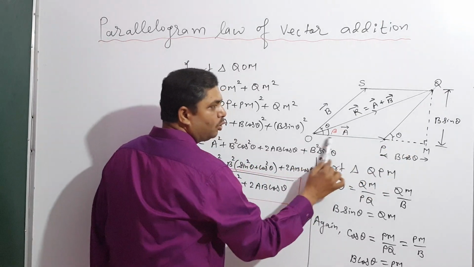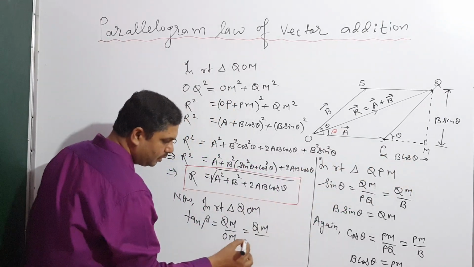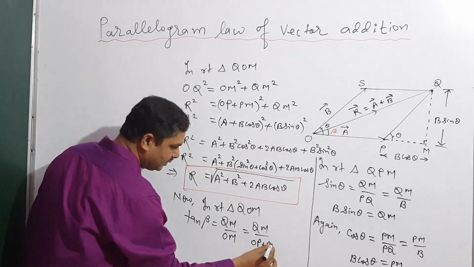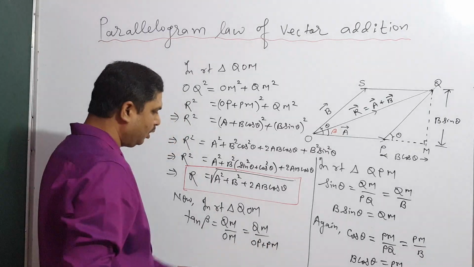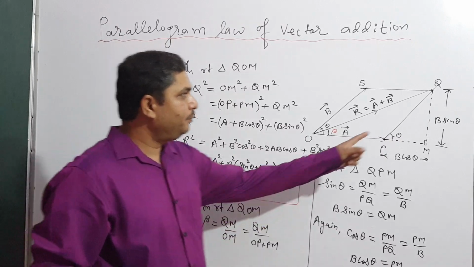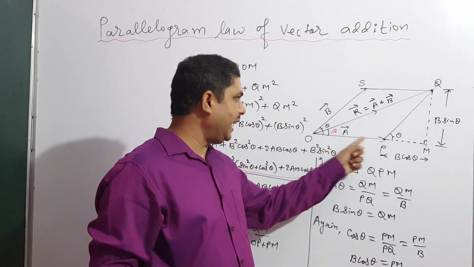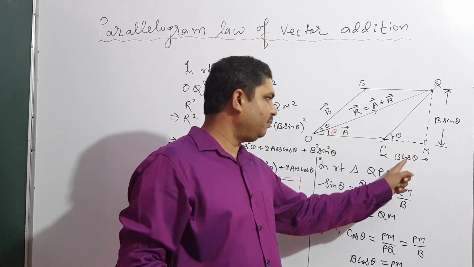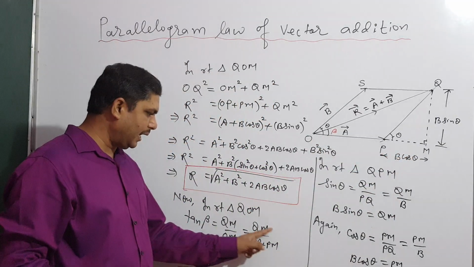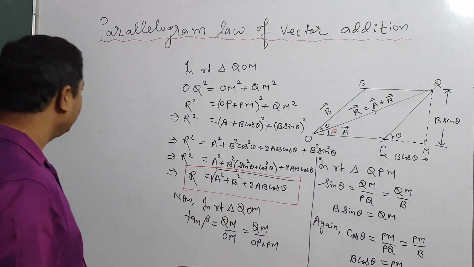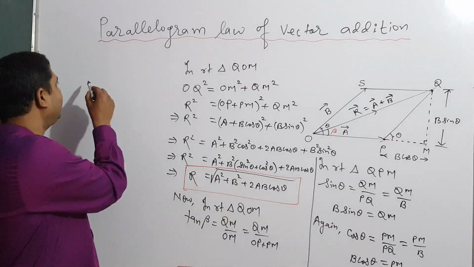OM means OP plus PM. Now QM is B sin theta, OP is A, and PM is B cos theta. We put the values at the appropriate place. So what do you get? You get tan